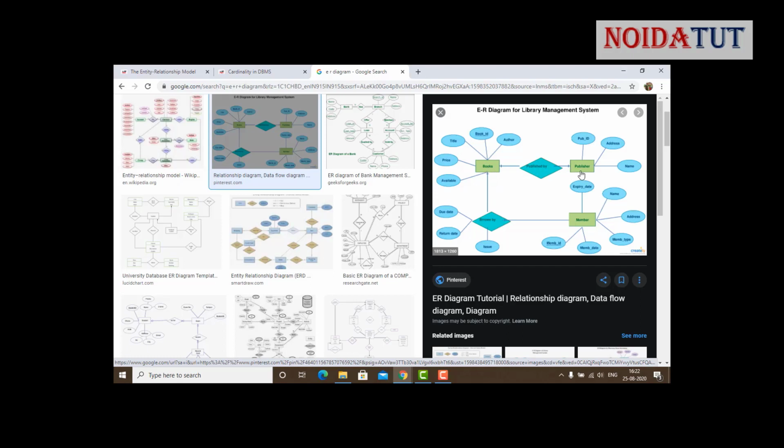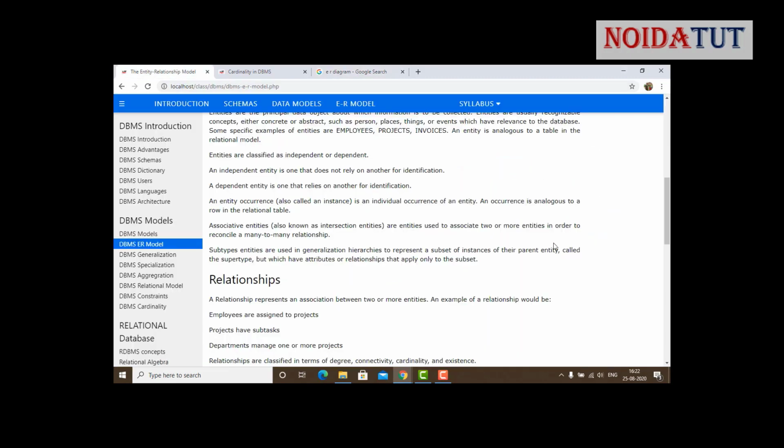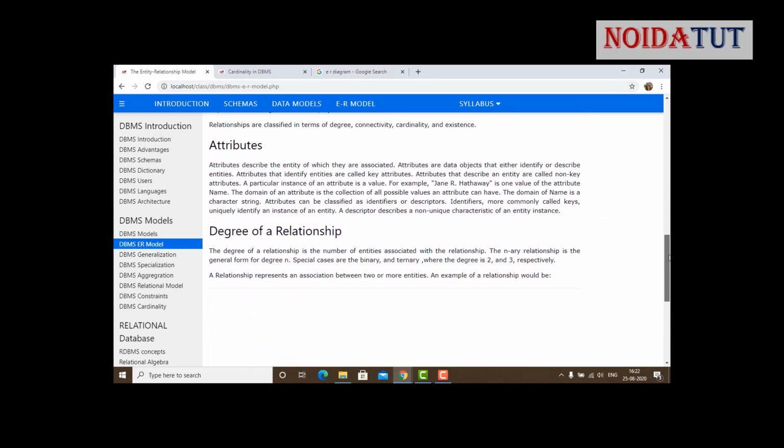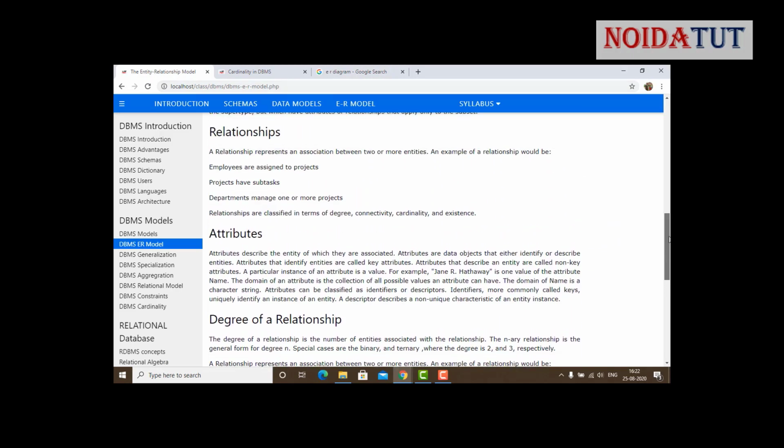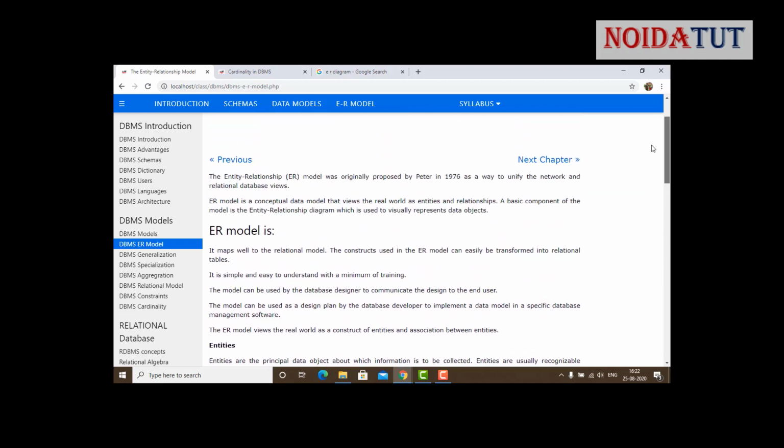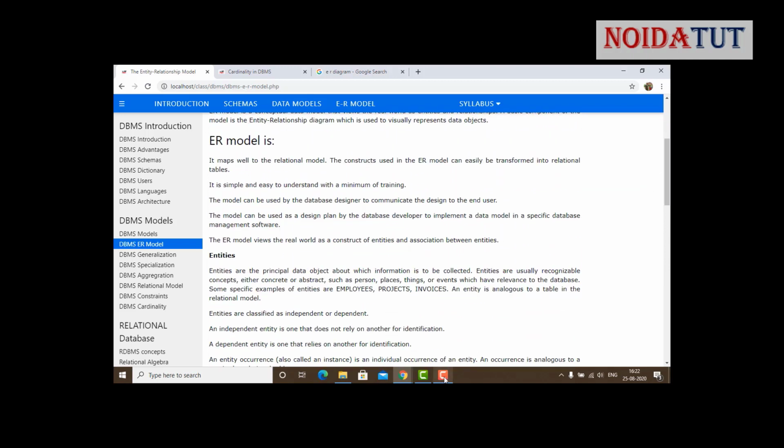So these books and the publisher are in relationship with the library. Inside a library, the books are related to the publisher and the publisher are related to the books, and the books are in relationship with the borrowed by, and then borrowed by is in relationship with the member, whether the person who borrowed it is a member or not. So this is how we calculate and manipulate the relationship among them, and the degree of relationship. So this is all about a brief description about the ER model.